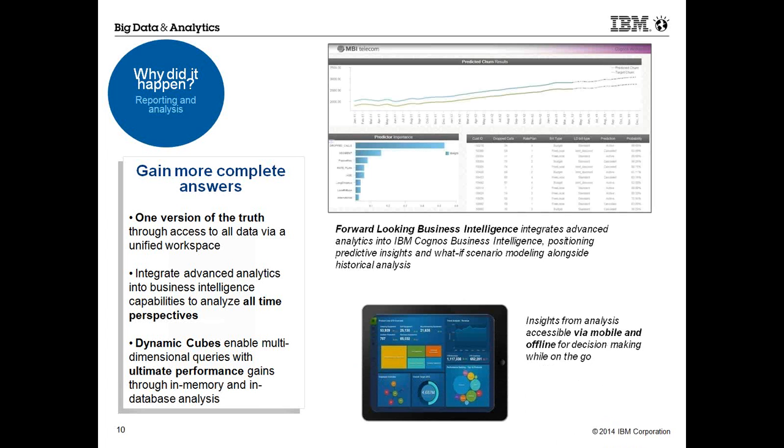Now, here is an important visualization aspect for me to gain more complete answers, more complete insight into business. And I'm still looking at why did it happen. My profitability failed in the business. So we're talking of dynamic cubes or TM1 over here. If you're glancing at the bottom left, which is basically looking at multi-dimensional queries, that's what I stressed earlier, which is multi-dimensional data representation, for me to look at a holistic view of the data to find out why did it happen.